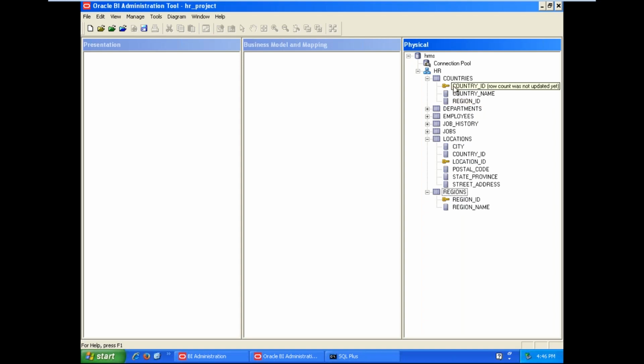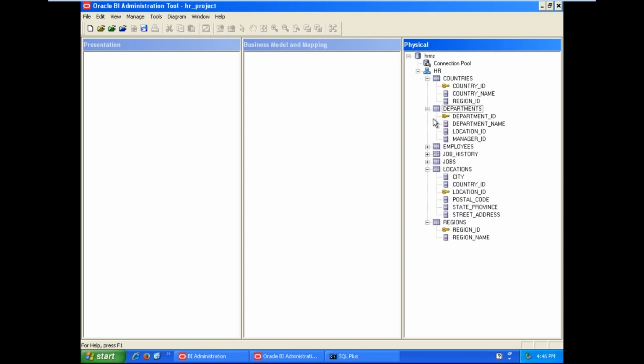And again, in the countries table, country ID is the primary key that is defined as a foreign key in the locations table. Each location has multiple departments, and here also we have location ID. So each region has multiple countries, each country has multiple locations, each location has multiple departments, each department has multiple employees, and each employee has multiple designations.